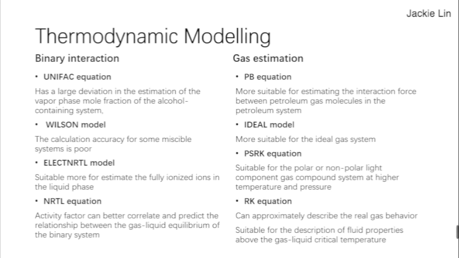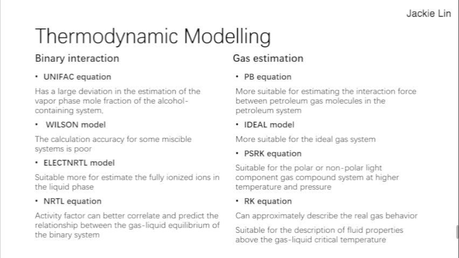The ideal model, which is most suitable for the ideal gas system, the PSRK equation, which is suitable for the polar or non-polar light component gas system at a higher temperature and pressure, and the RK equation, which can approximately describe the real gas behavior, especially for the hydrocarbon and other non-polar gas prediction actually, and the applicable temperature and